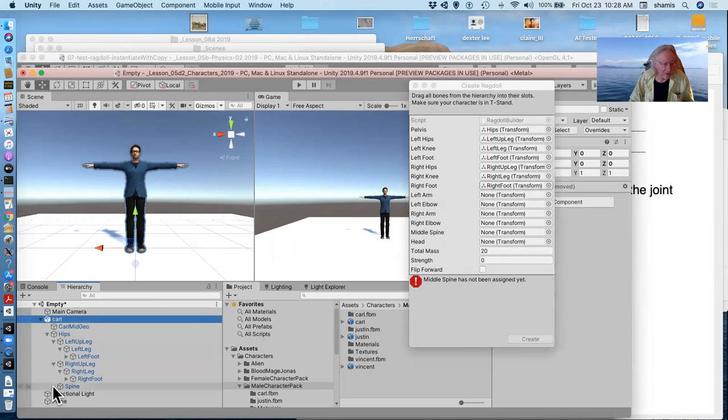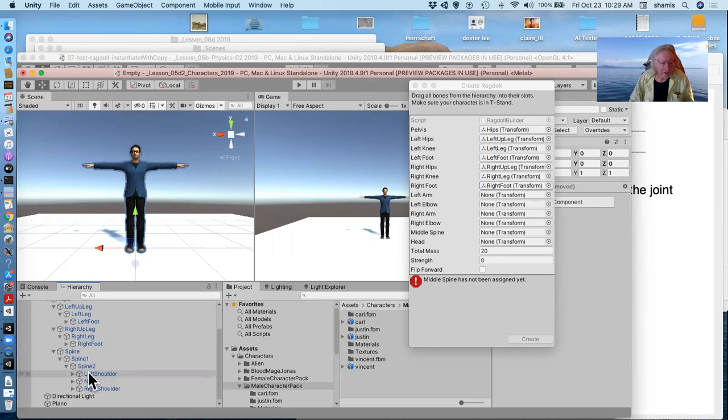And now I need to find his arms, which hang off the spine. So here are his arms. There's a shoulder, an arm, and a forearm. I'm going to guess it's a toss-up between shoulder and arm. I'm going to guess left arm and left forearm. I'll put in the elbow slot and do the same thing with the right arm. Right arm, right forearm,